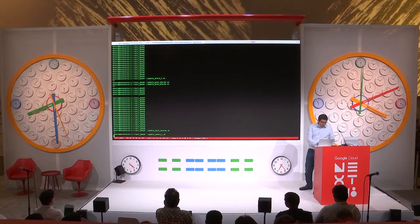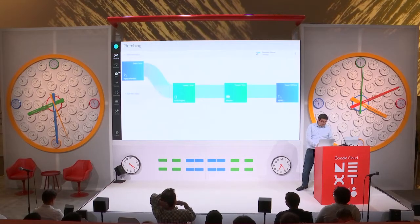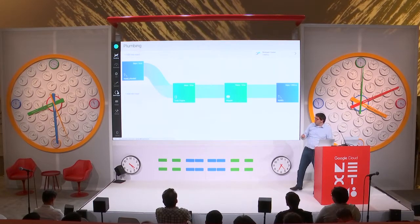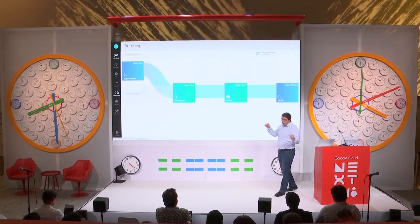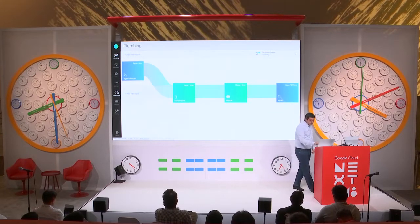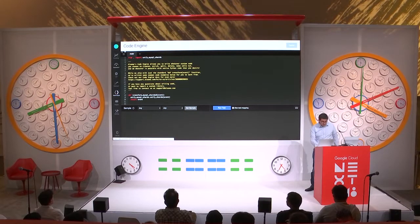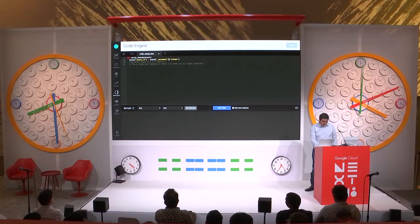However, I also want to make sure that I'm not wrong, that I didn't mess up. I want to make sure there is nothing left in that hodgepodge of servers I have on-prem that's still writing to shard 2, because I want to be confident and validate that I actually did the migration successfully. So I'm just going to add another small piece of code in the module that I created, which says, if I'm reading data from shard number 2,